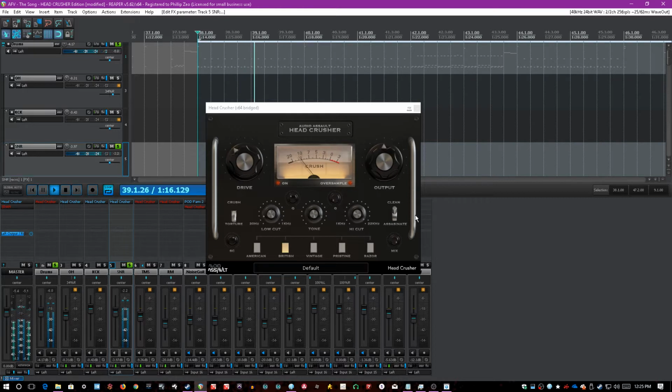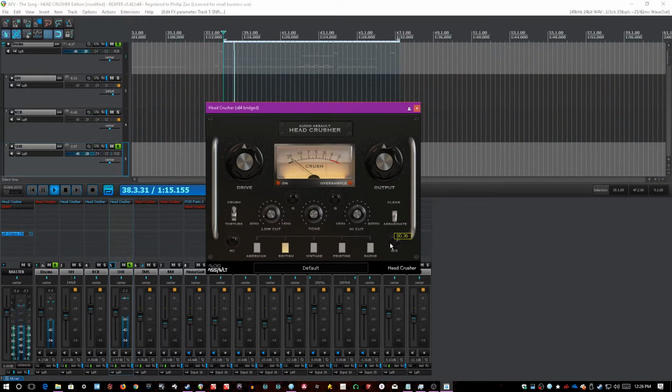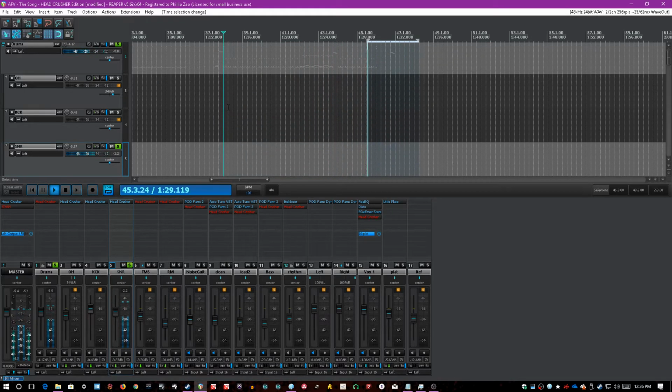Ooh. Assassinate it. Increase the drive. Crank the highs. And mix it in. I'm feeling a 50-50 split on this one as well. Really gives it some punch. Alright, cool. Up next,